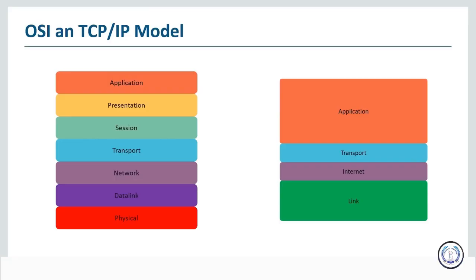In the OSI model, they call it the network layer, and in the TCP/IP model, it's called the internet layer. Same sort of thing. That's where the IP lives. And even though it's called the internet layer as compared to the network layer, it's the same sort of functionality. So those are the really big differences between the OSI and TCP/IP models.